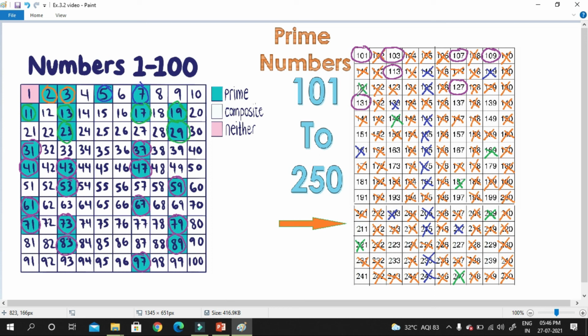That means all the numbers which are remaining here till 250, they all are now prime numbers. So we are going to circle all of them. 137, 139, 149, 151, 157, 163, 167, 173, 179, 181,